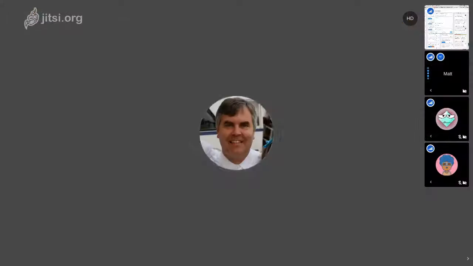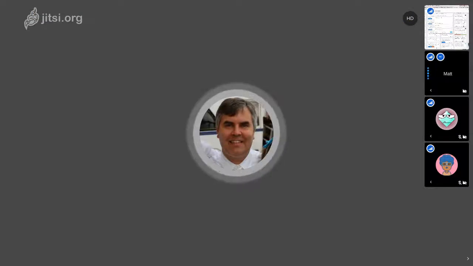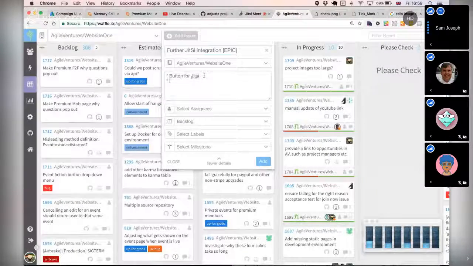Well, the button thing, it could be just one task, right? It could. I was just going to put in here the list of different things, and we can create separate tasks for it either way. I'm just trying to enumerate the list of things. So there's the button for Jitsi. There's something about being able to send telemetry from Jitsi to a WSO. Those are the two key things, right?